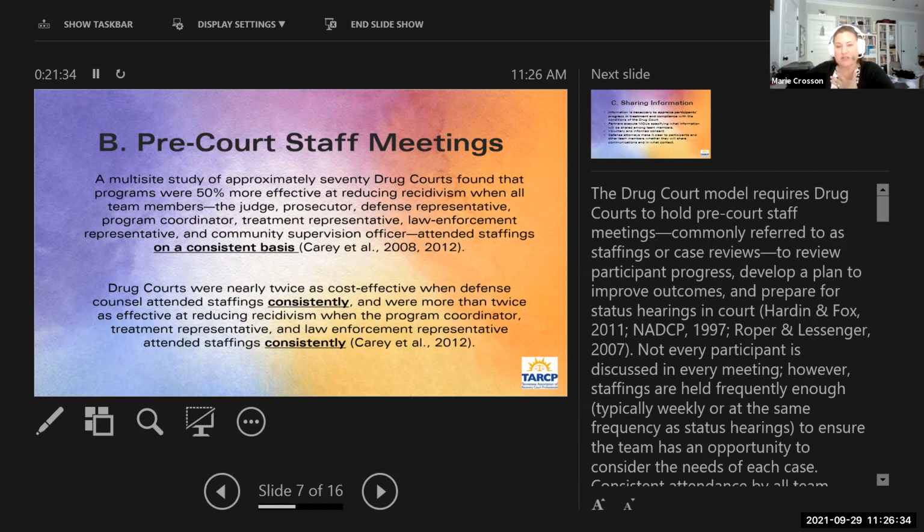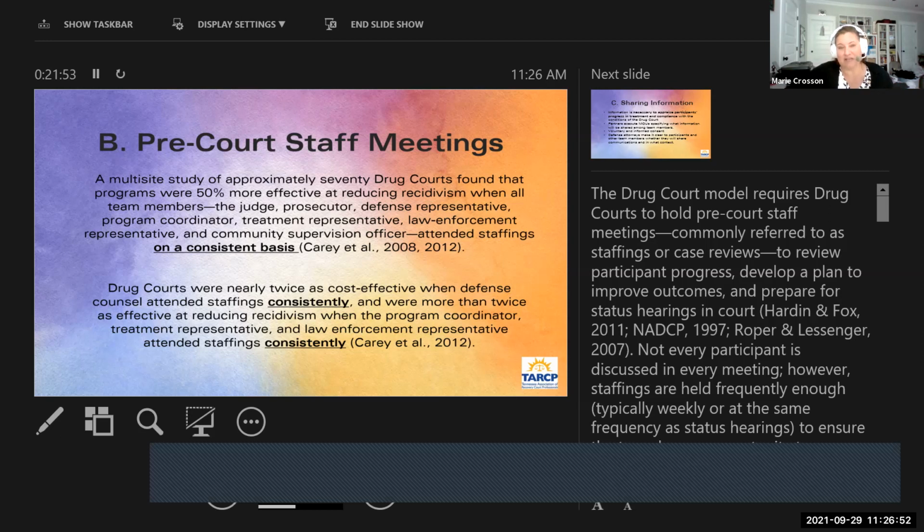And drug courts were nearly twice as cost effective when defense counsel attended staffings consistently, and were more than twice as effective at reducing recidivism when the program coordinator, treatment, and law enforcement were consistently at staffings. This is really valuable information. So just know that if you've got team members who are sort of petering off and not really consistently being